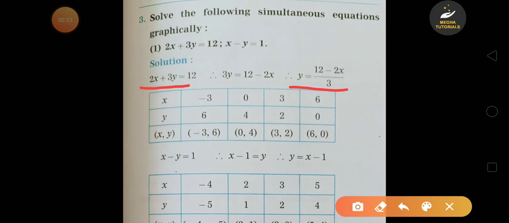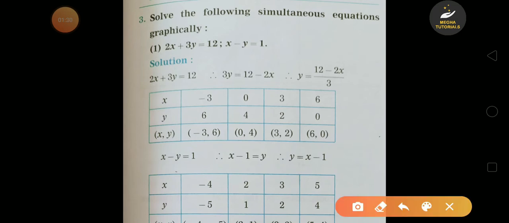ठीक है. So using transposition method we will get y is equal to (12 minus 2x) upon 3. ओके, अभी यहाँ पे आपको क्या करते जाना है, x का आपको एक वैल्यू एज्यूम करते जाना है and so that you will get the value of y for that respective value of x. ओके, अभी वैल्यू ऐसे एज्यूम करना है कि x का वैल्यू यहाँ पे सब्स्टिट्यूट करने के बाद आपको जो भी आंसर आएगा it should be divisible by 3. ओके, तो बेसिकली 3 के टेबल में आपका न्यूमरेटर आना चाहिए। ठीक है, चलो अभी देखते हैं।